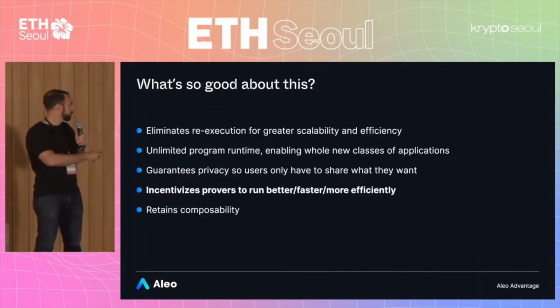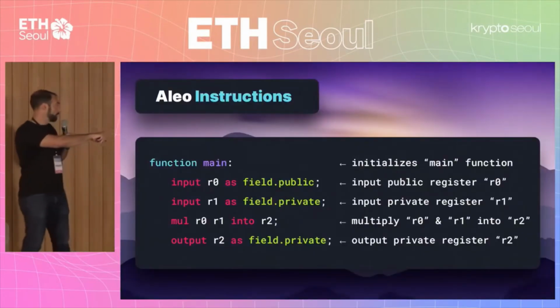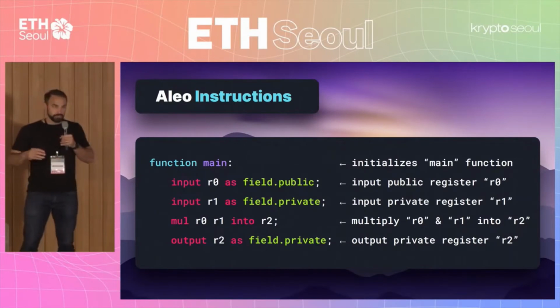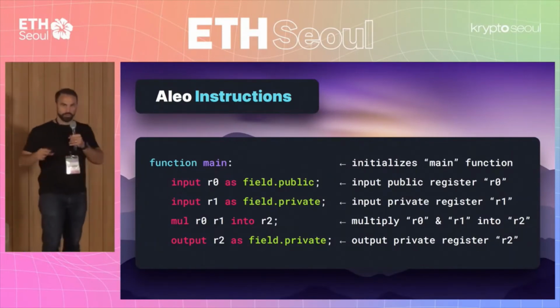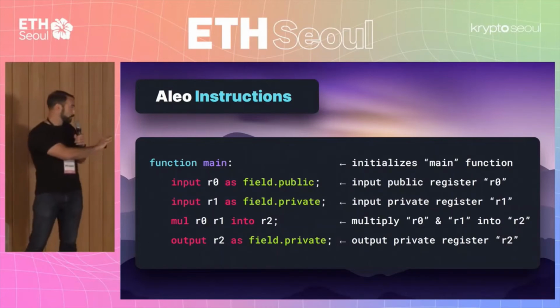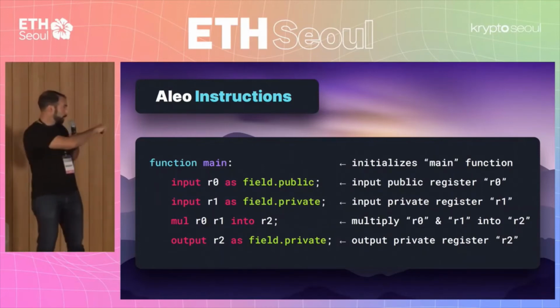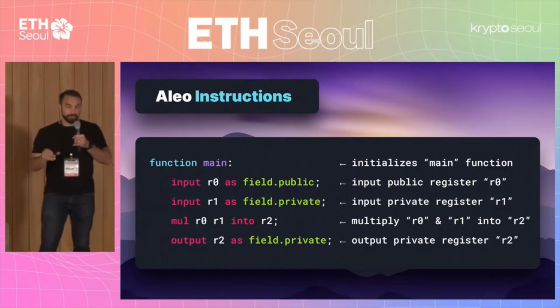I think I got my slides a little bit out of order. Here we go. This is actually some Aleo instructions. By the way, if anyone's curious about what the syntax looks like, this talk is not a developer workshop, it's more of a high-level talk, but we have on GitHub a bunch of examples of what Aleo instructions look like and how to use them. But anyway, this is just a quick screenshot. You see we have two inputs, one is public, one is private, and we can also output public and private values.